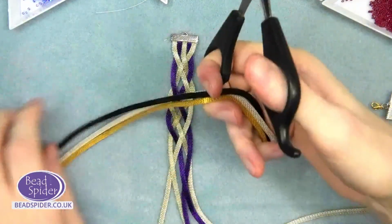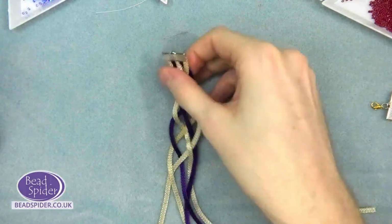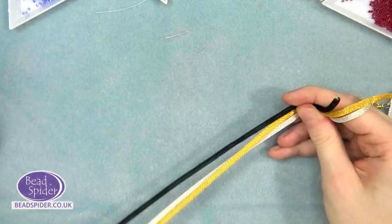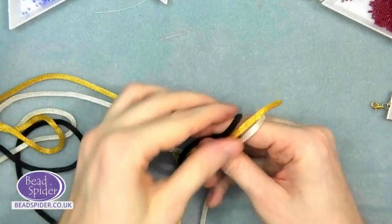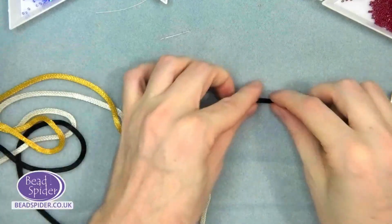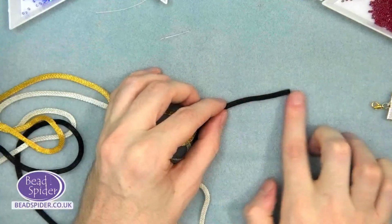So if we have a little look, I'll show you a little ribbon end piece, because I'm pretty sure I've got one. Or do I? Maybe I don't. No, I don't have another ribbon end. Well, that kind of puts the end of that. Oh well, fair enough. So anyway, I'll show you how easily it cuts. And then, like I said, all you would do is just take your ribbon end. So if you've got your little black piece like this, and you wanted to cut it, say, if you wanted to make like a little earring or something,